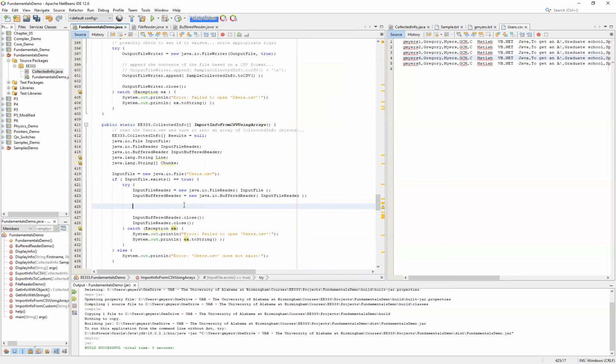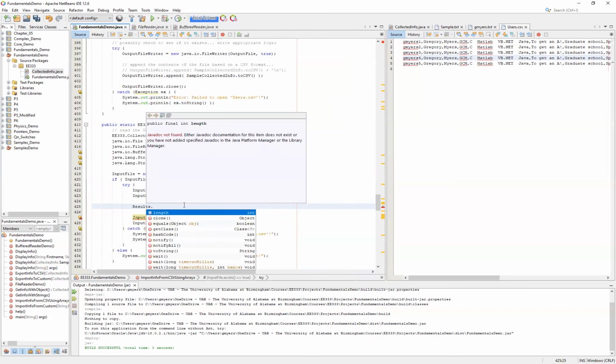In other words, we made a call to the constructor for the collected info. Now, if you take a look at our results, you'll notice that it is an array of collected info, and about the only thing we have access to from the perspective of a field is going to be a length, and then we have some methods associated with it,